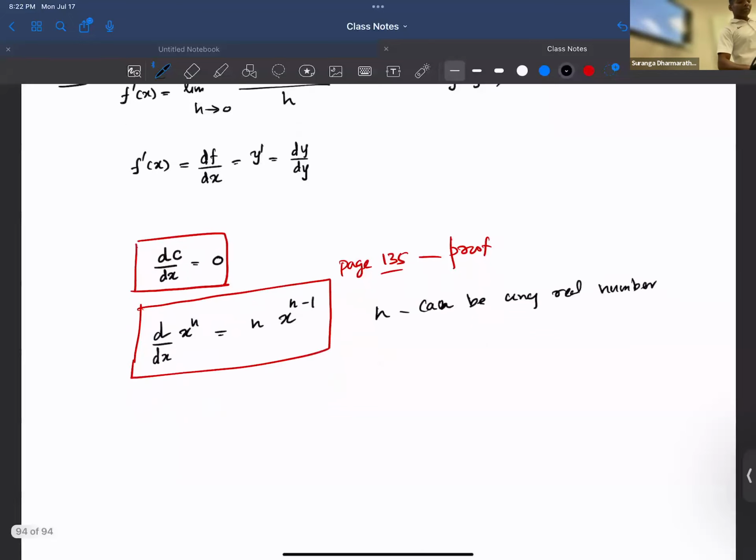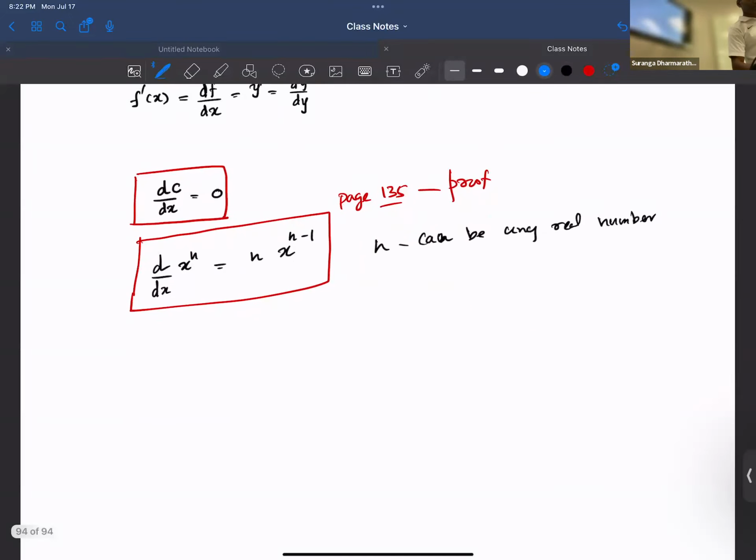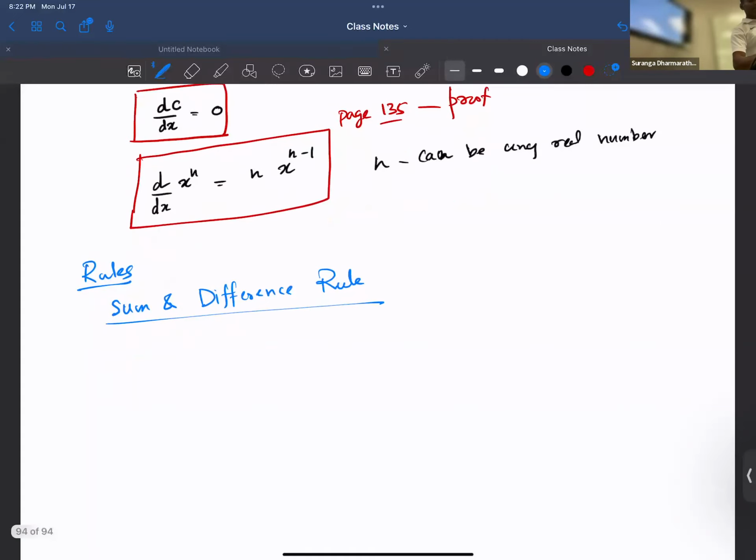And I'm going to teach you some rules. The first rule is the sum and difference rule. What is the sum and difference rule? You learned some sum and difference laws in limits, right? So if f and g are differentiable,